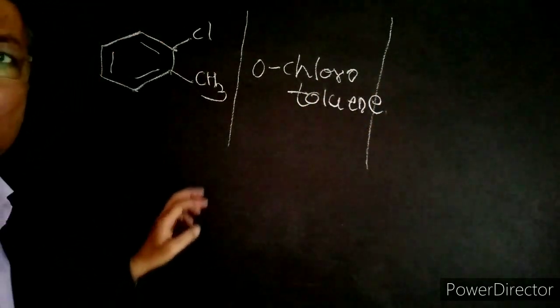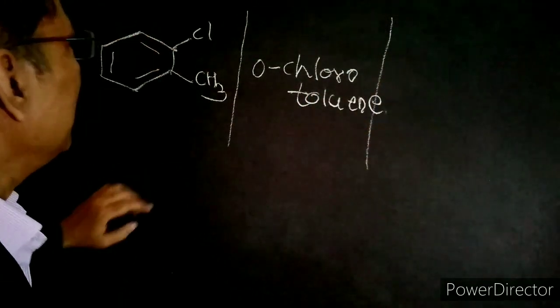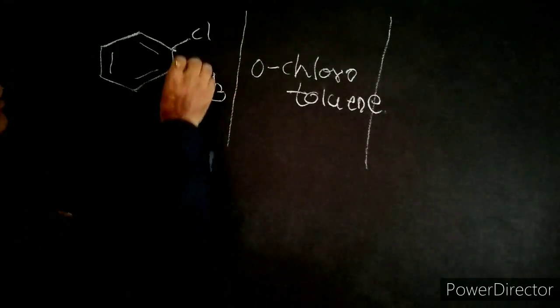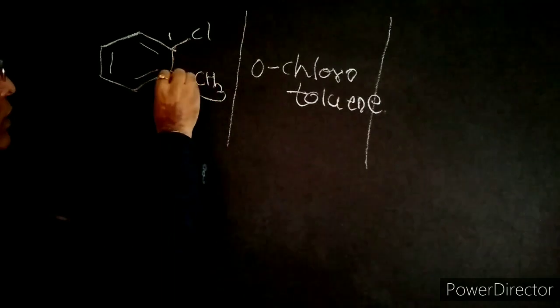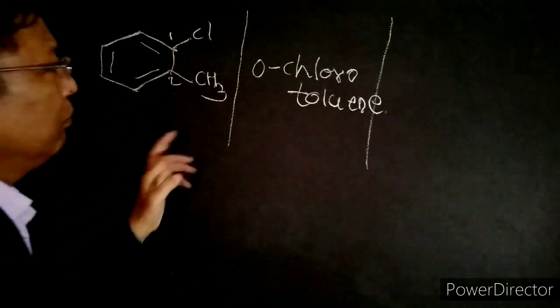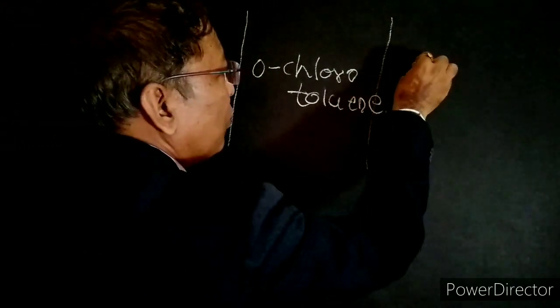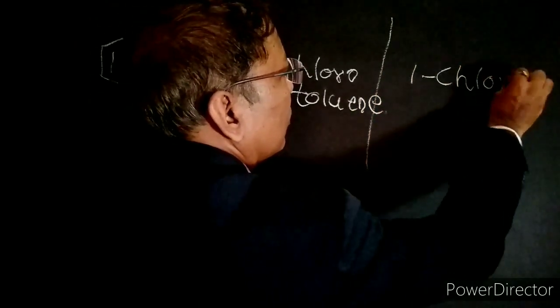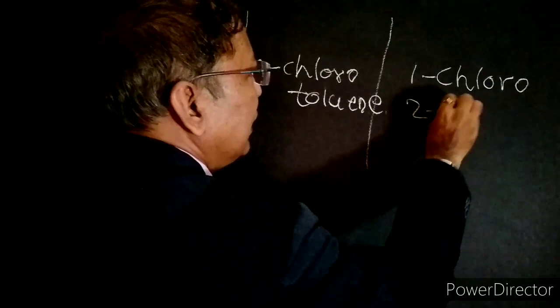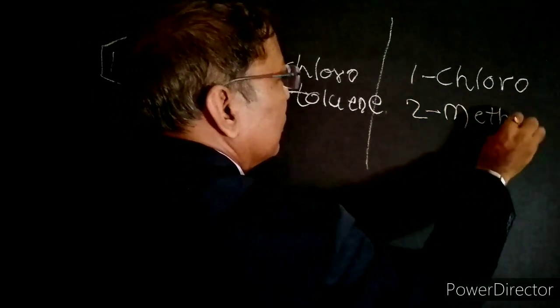And according to IUPAC, alphabetically chlorine comes first and then the methyl group. Therefore, its name is 1-chloro-2-methyl benzene,